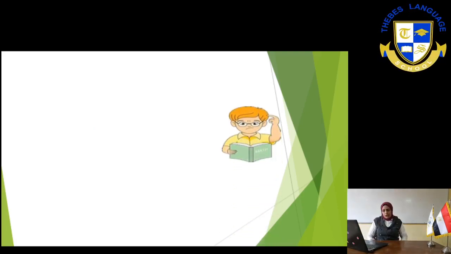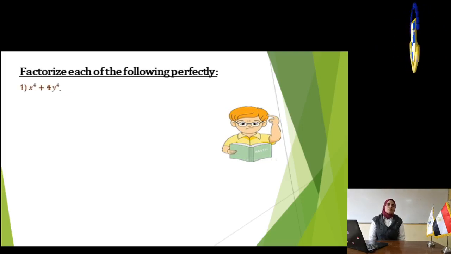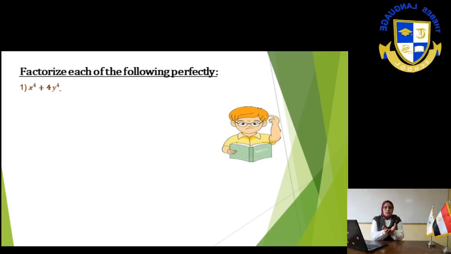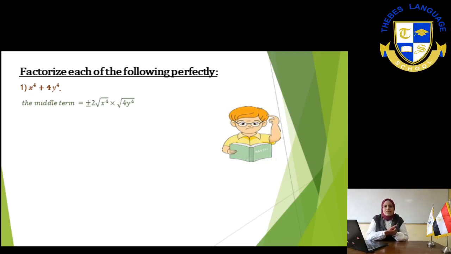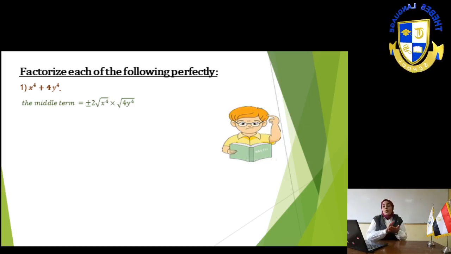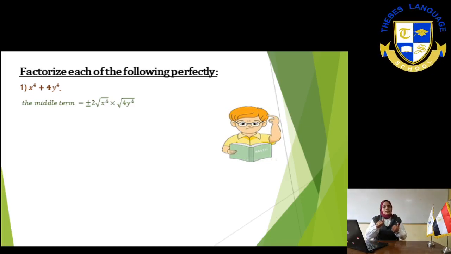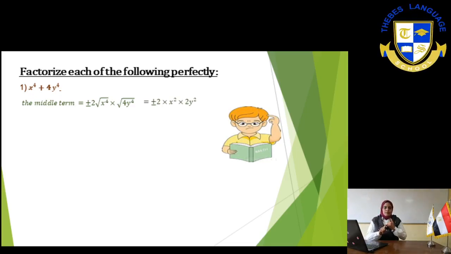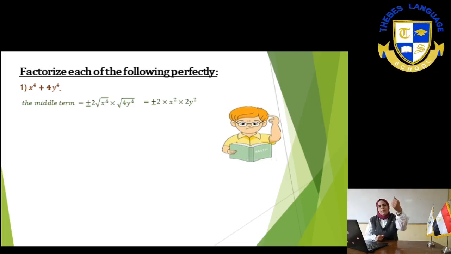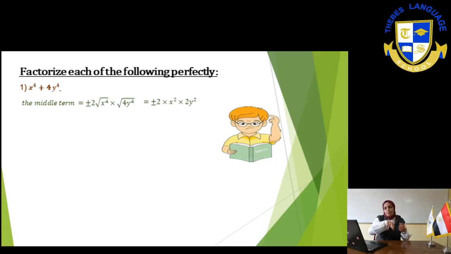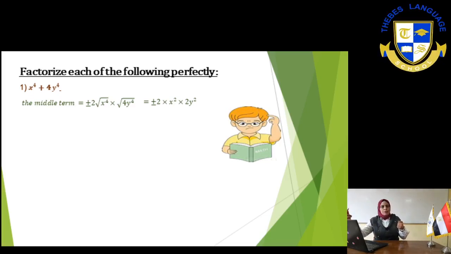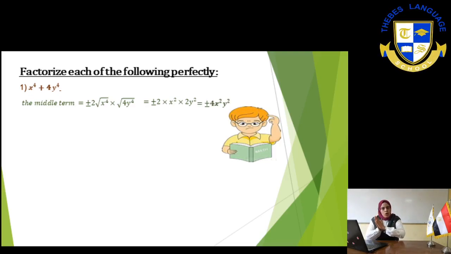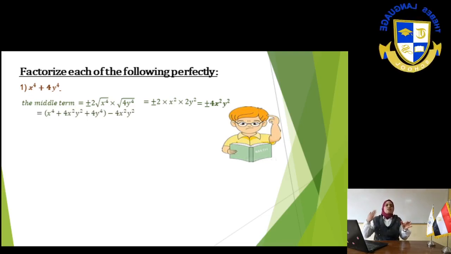Factorize each of the following. The first example here is x power 4 plus 4y to the power 4. We have here two terms, and we can't factorize it as a difference between two squares. So what shall we do? We will add the middle term, which is the square root of the first term, x power 2. The square root of the second term, 2y power 2, multiplying by 2, it will be 4x power 2 y power 2. So I will add 4x power 2 y power 2, then subtract 4x power 2 y power 2